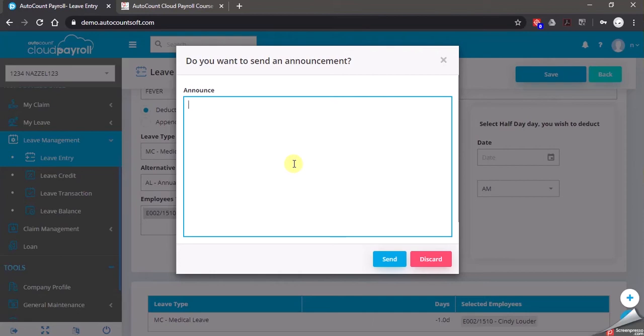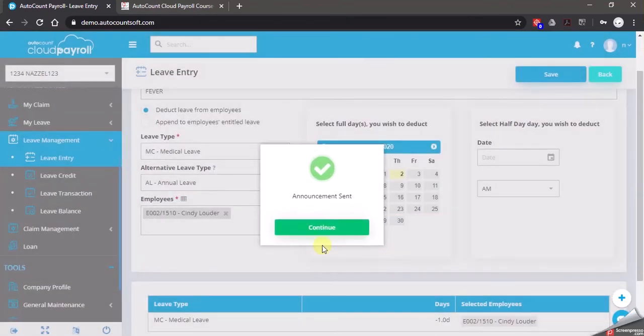They can access it through their ESS portal. I will explain about the ESS portal in a later chapter. Now enter the reason: your MC on the 5th of April is approved and sent to her for their